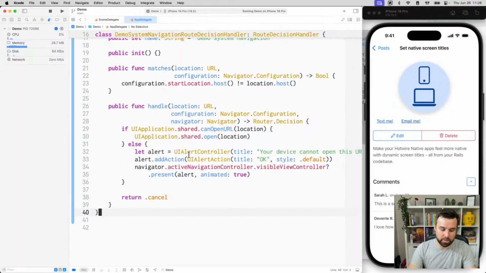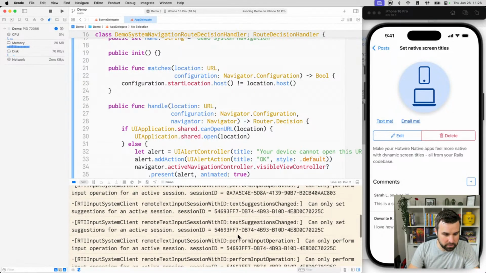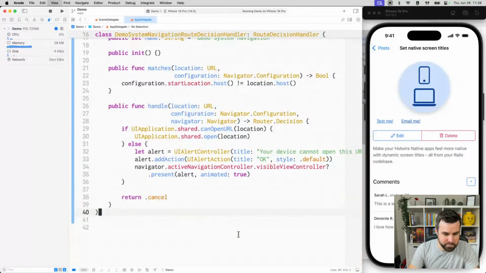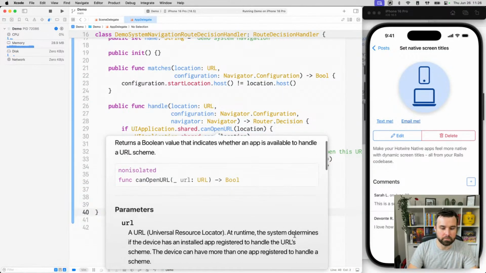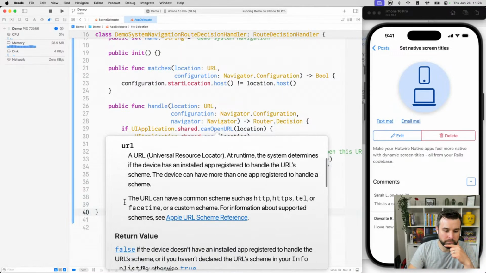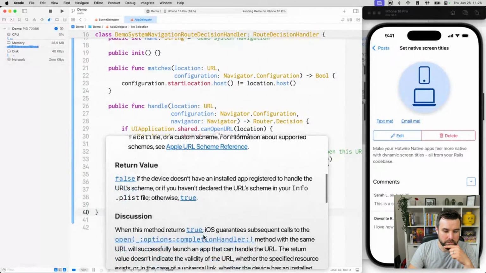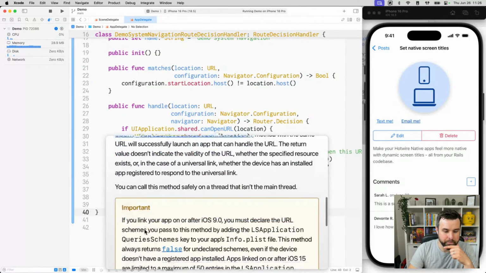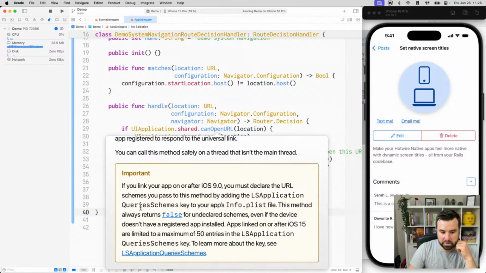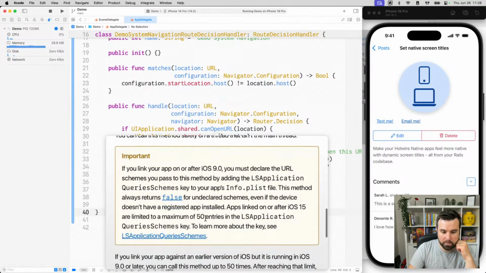Do be careful though, with canOpenURL, do I get a warning down here? No. There you go. If you link your app on iOS 9, you must declare the URL schemes you pass to this method. So this is saying that it's always going to return false unless you declare which URL schemes you are going to add. So anything that's not SMS, tel, mailto, phone, and HTTP, HTTPS, the default ones, you'll need to add